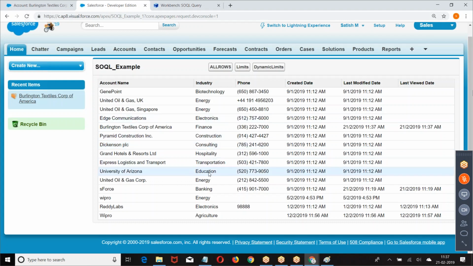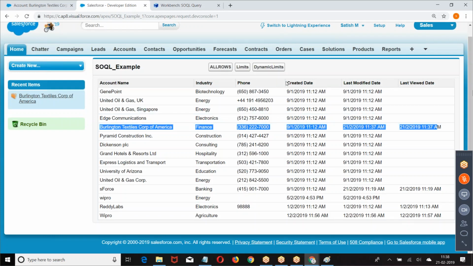Now there is a reason I have modified this particular record. Recently I opened this record. But still it is shown in the same order. It is not impacting the order of my database. I opened this record, and it is neither going to the top nor the last. It has no influence on the SQL query. Then I updated the record, the last modified date. Still the record is in the same location.